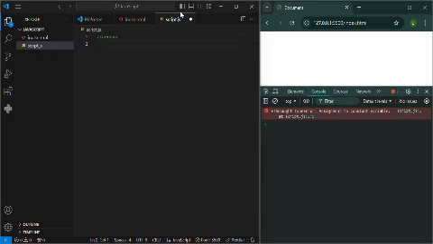Let us see about arrays. In JavaScript, an array is a special type of object that allows you to store multiple values in a single variable. Arrays can hold elements of any type such as numbers, strings, objects, or even arrays. In JavaScript, arrays are declared using square braces. For example,